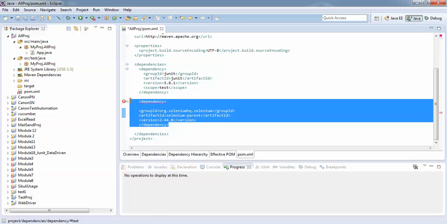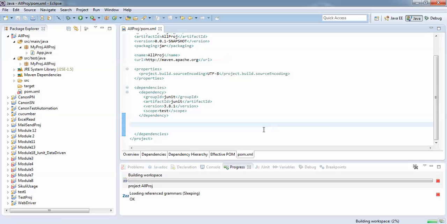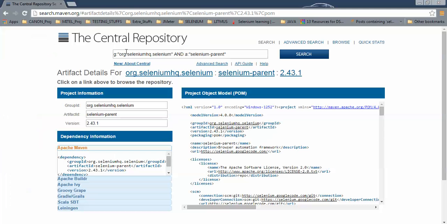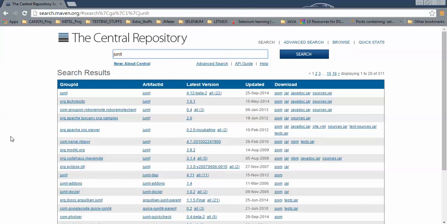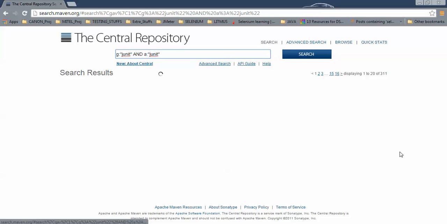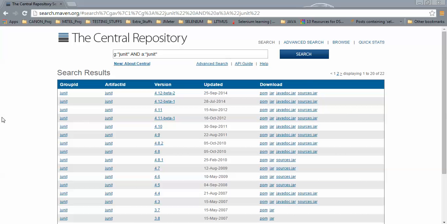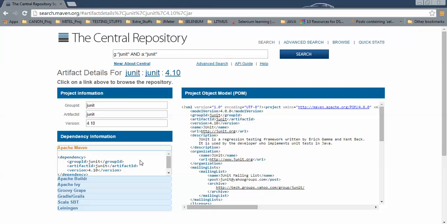Okay, let me try one thing. First let me show you this is JUnit. We are using just JUnit, so let's try to download the latest one, whether it's doing that or not. If it is doing that, then it should do it for Selenium as well. So this is JUnit, all versions. Currently we have 3.8.1 in our system, so I need to upgrade it. I go here and search, and I got an alpha version, 4.10, so I need to download that one to my local repository.